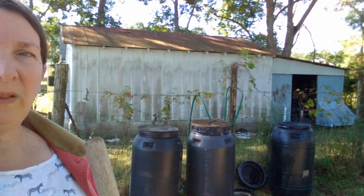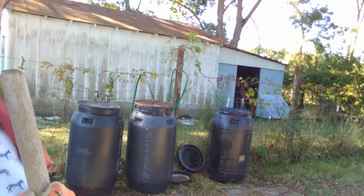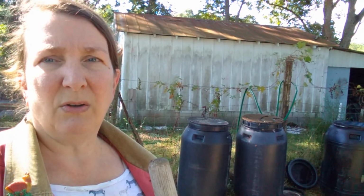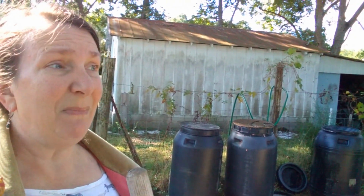I've been hunting down these 3 big black plastic rain barrels that you see behind me. 2 of them have kind of a meshy grid lid. There's also a couple of solid lids. Anyway, they've been sitting around the farm. We were going to use them for rain collection, for watering stuff, and it never really turned into much of